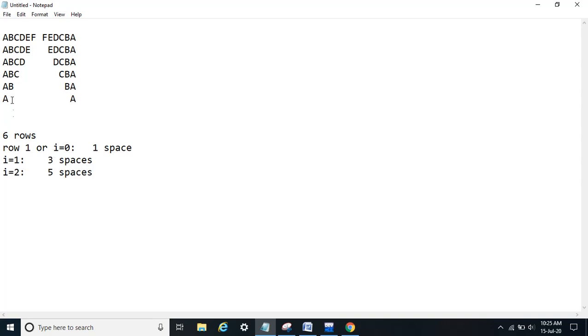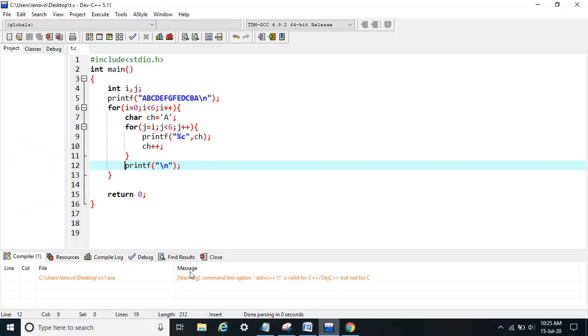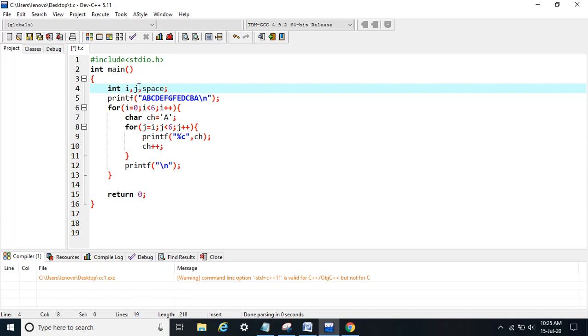If you observe, in the first row we need 1 space and after that the spaces are incremented by 2. So we will take a variable space and initialize it with 1, and after every row we will increment spaces by 2, so space plus equals 2. So let's move here and take one more variable space and initialize it with 1.